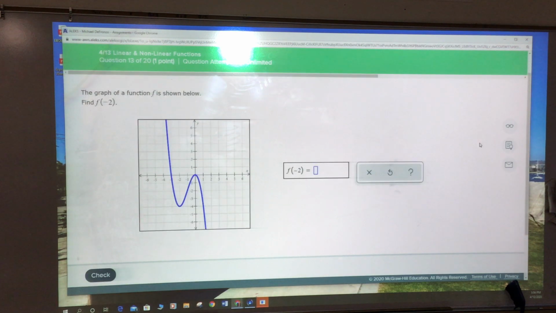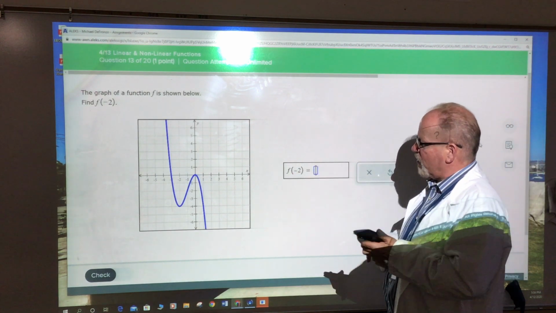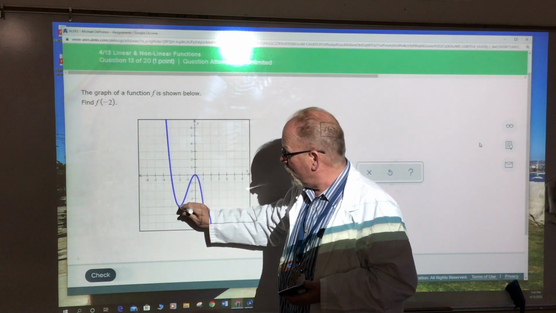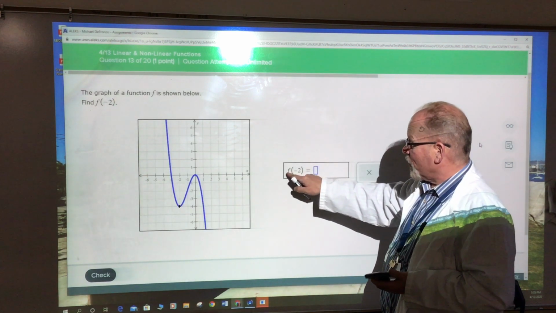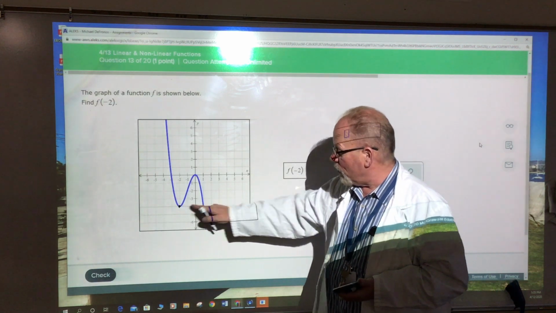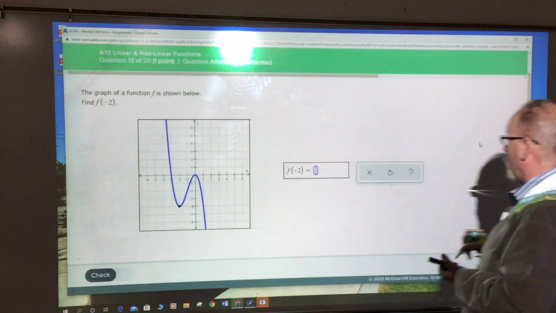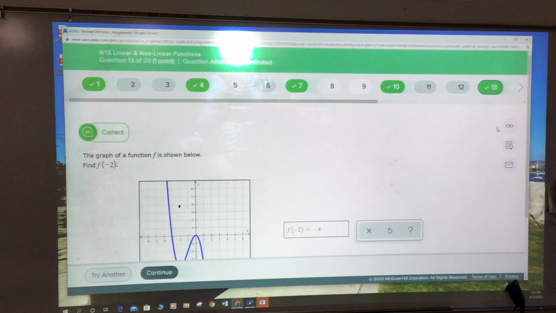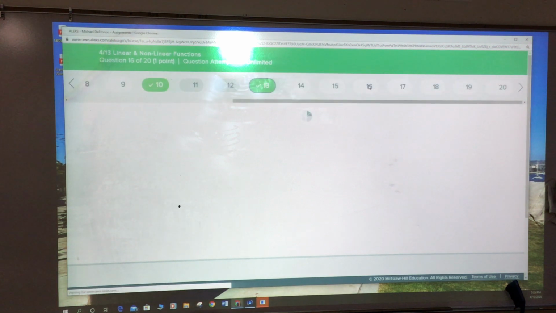Okay, graph of a function is shown. Find the value f of negative 2. F of negative 2 means the y value at negative 2. F of something is a y value. The something is the x value. So this would be negative 4. Okay, so we got a few of them, and then we got some that ask for